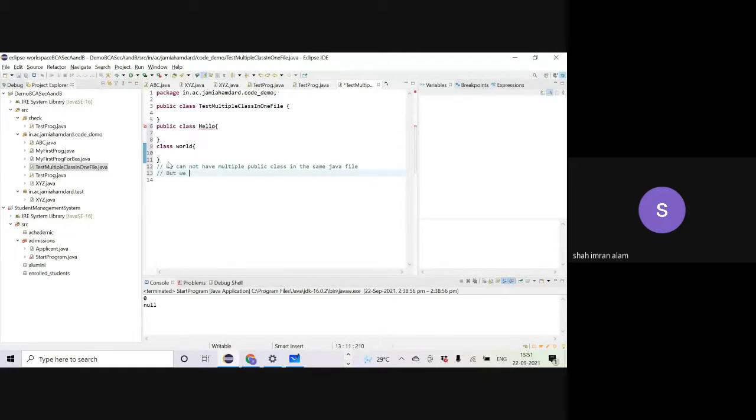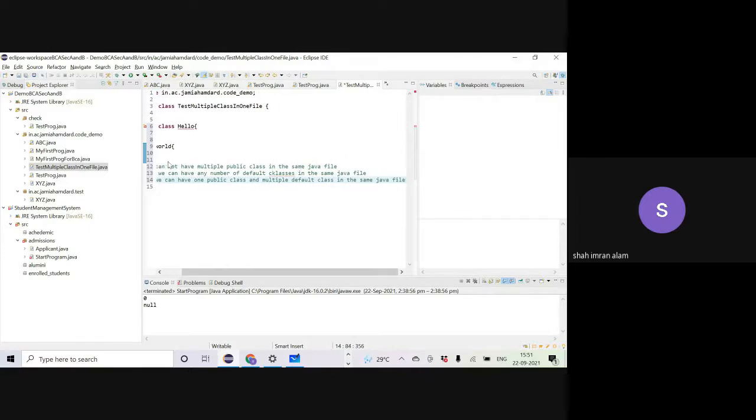That we can have any number of default classes in the same Java file, or we can have one public class and multiple default classes in the same Java file. Got it, guys?